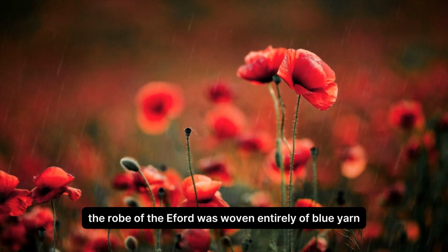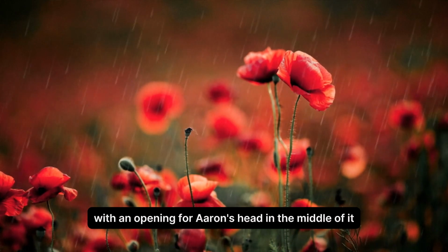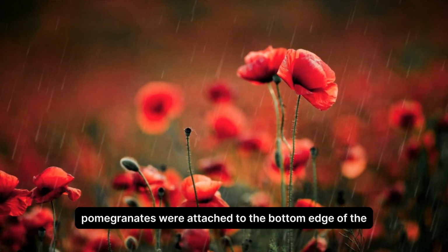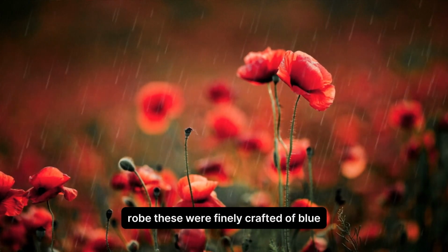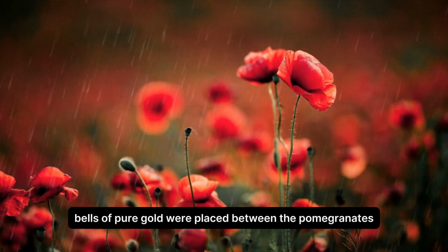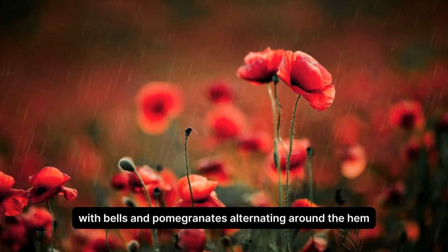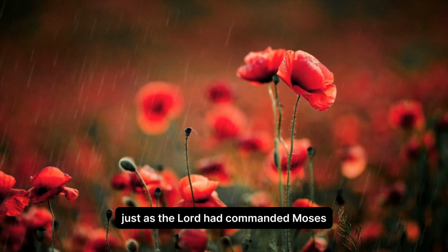The robe of the ephod was woven entirely of blue yarn, with an opening for Aaron's head in the middle of it. The edge of this opening was reinforced with a woven collar, so it would not tear. Pomegranates were attached to the bottom edge of the robe. These were finely crafted of blue, purple, and scarlet yarn. Bells of pure gold were placed between the pomegranates along the hem of the robe, with bells and pomegranates alternating around the hem. This robe was to be worn when Aaron ministered to the Lord, just as the Lord had